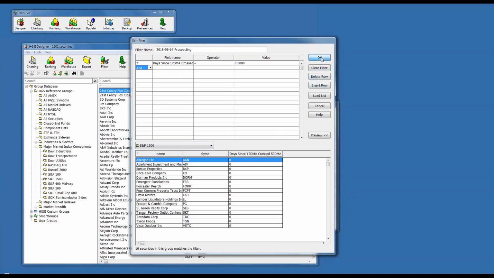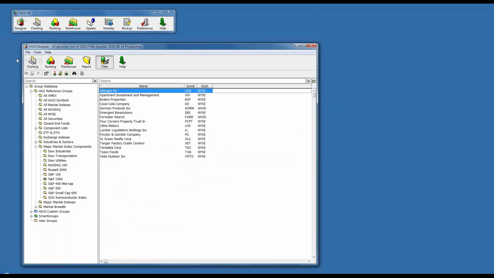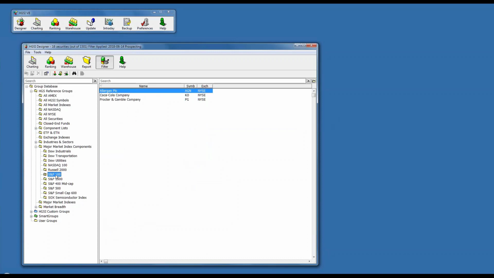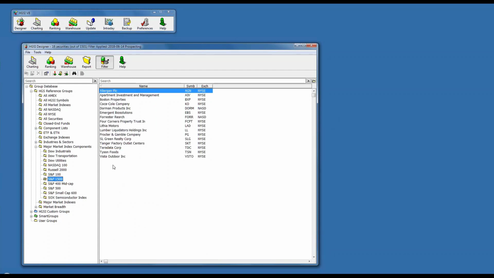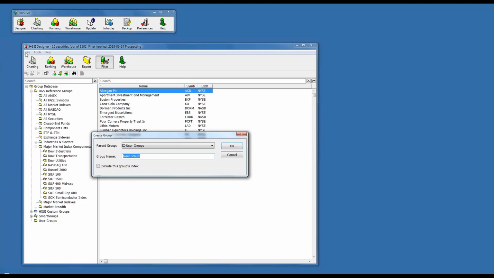So I'm going to say okay on this filter, and now I've made a filter, and I press okay, and it applies that to the view. And so now as I switch groups, that filter will apply to whatever group I'm looking at. And so in this case, I want to take these 16 stocks and I want to make my own user group out of them. And so I'm going to do File, Make Group, and Make Group in the designer will take the current group with the filter and create a new group. And so we're going to call this